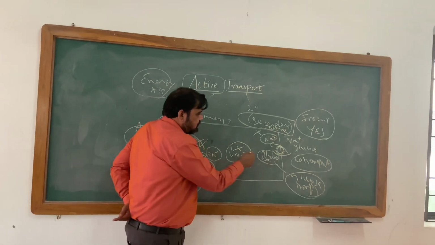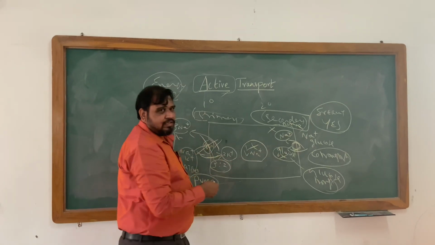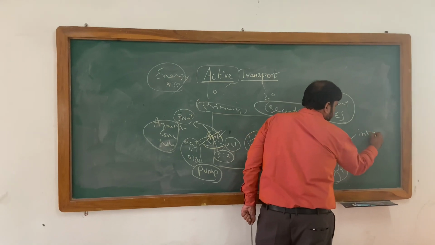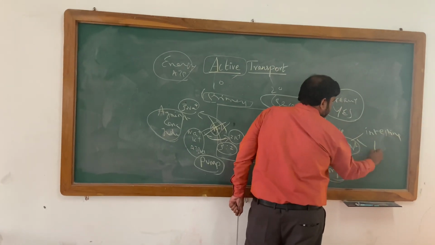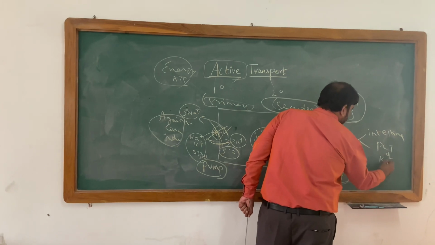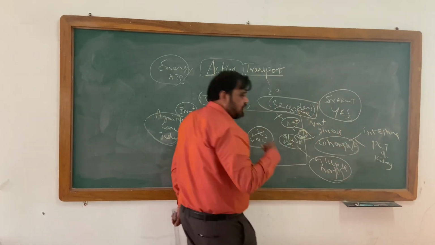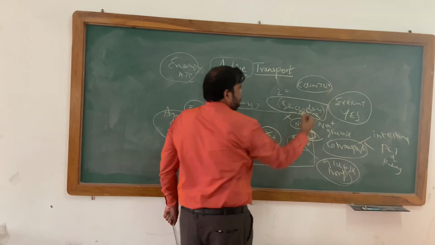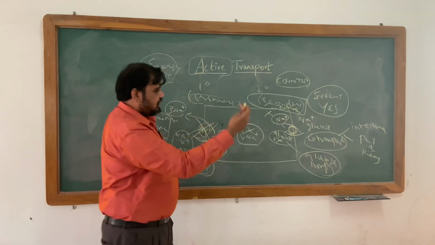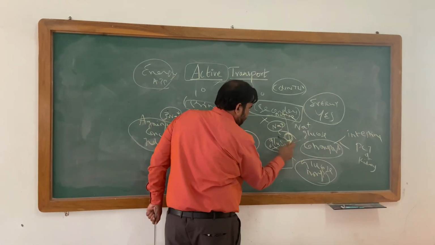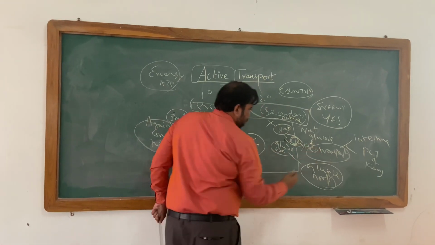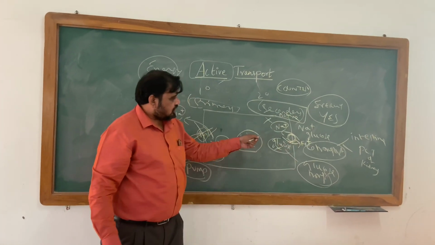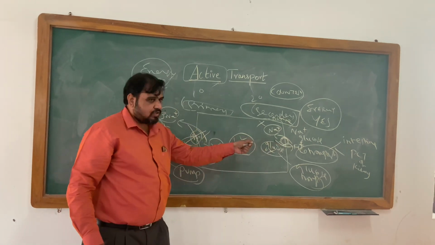Sodium and glucose in the same direction. The sodium glucose co-transport is present in intestinal epithelial cells as well as the proximal convoluted tubule of the kidney. Counter transport also occurs, where, as the name suggests, it acts in opposite directions. For example, sodium H plus. Sodium will be coming inside the cell and H plus will be going outside the cell. This is called counter transport. One is coming in, the other is going out.